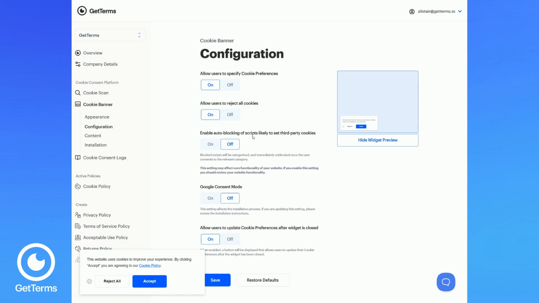Enabling auto-blocking scripts likely to set third-party cookies blocks scripts that may set cookies indirectly. This means scripts that aren't cookies inherently, but that make a request to a server and pull in some code which then sets a cookie. Hotjar is one example of a script that does this. If you're going to enable this, do be careful because it can affect your site's JavaScript. Just do some thorough testing, and if you do have issues, contact us because we may need to adjust your